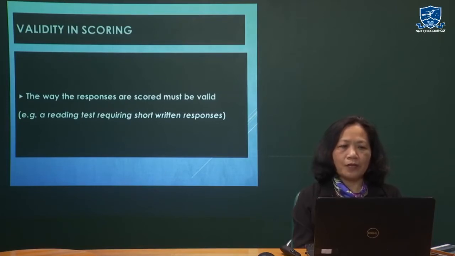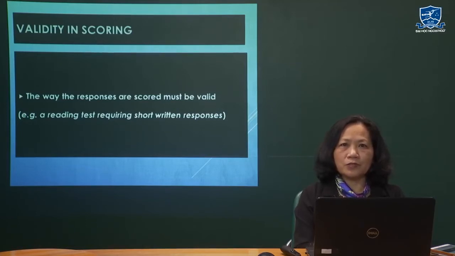Because they won't reflect the true ability of the test takers. So, what is validity in scoring? Validity in scoring is that the scorers should score or mark the test according to the aim or the objectives of the test. For example, when you mark a reading paper by the students in which there are items that ask the students to give short responses,